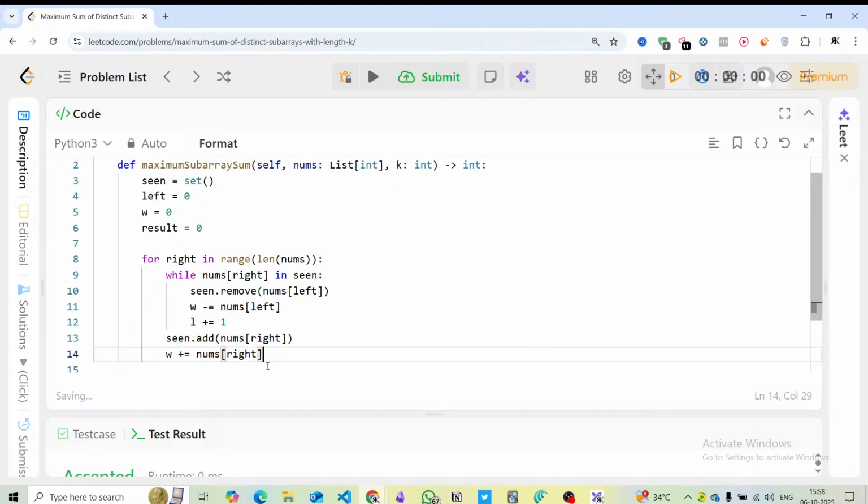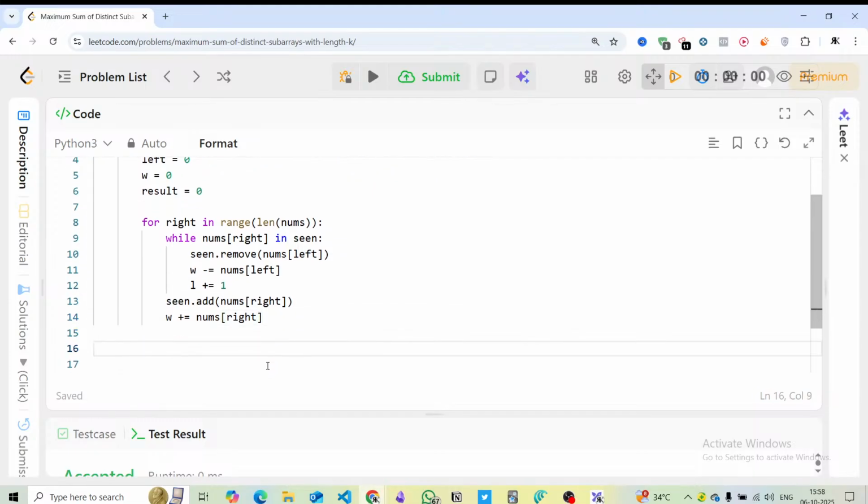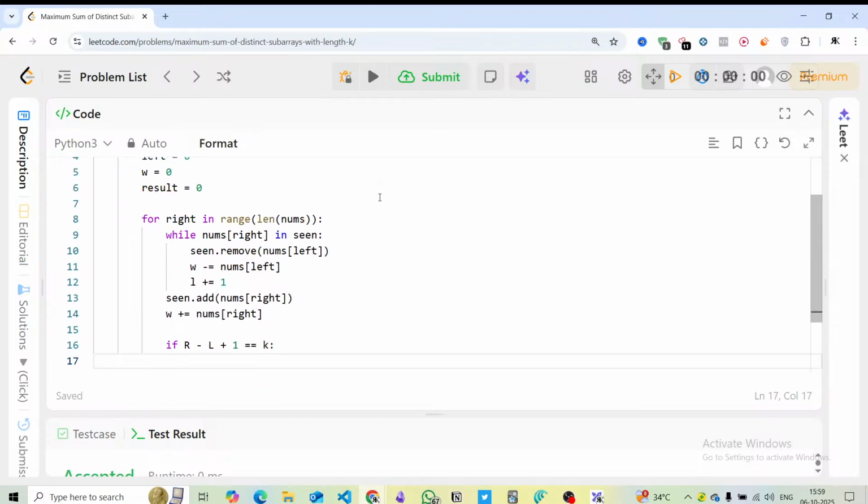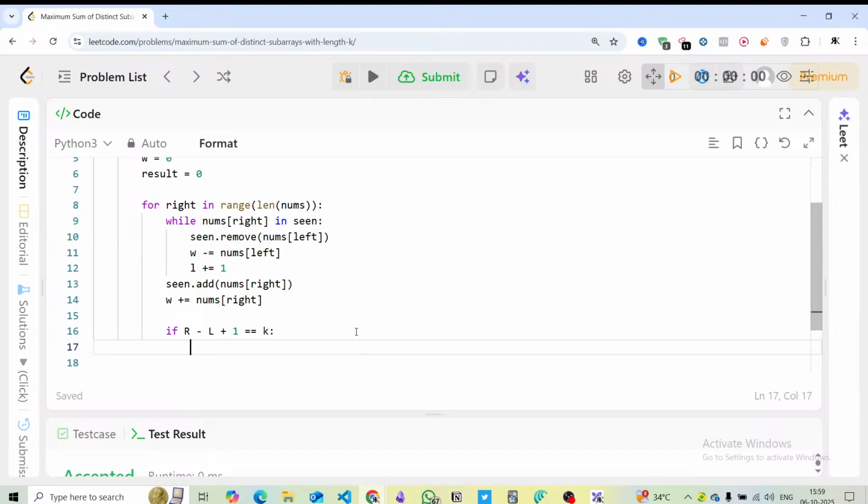Okay. So this is one thing, and the next thing is, what if the window size is fully occupied? So right minus left plus 1. If it's equal to k, yeah, okay. So if it's equal to k, what we need to do is